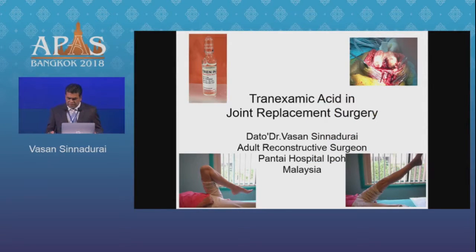I think after yesterday's late night session, we are now moving from thrombotic risk to bleeding risk. Javed just very briefly spoke to you on the thrombotic risk, and I shall try to take you on this journey of